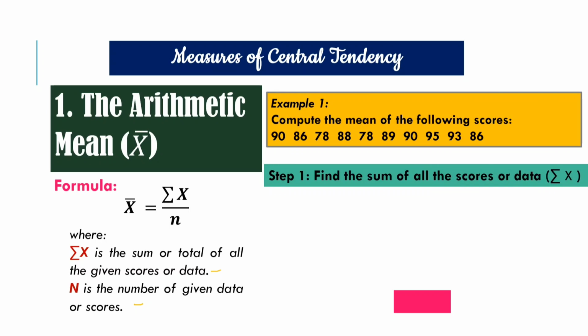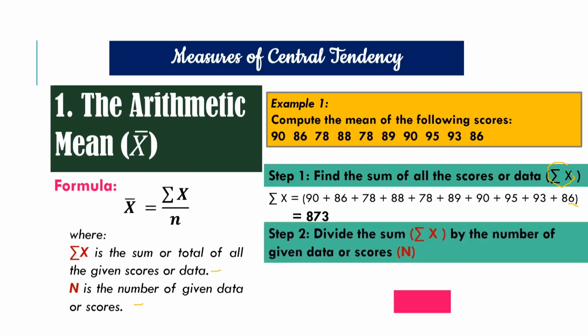So the first step is for us to find the sum of all the scores or data, or the symbol, the summation of x. To do that, we simply add each of the scores. So we have 90 plus 86 and so on until the last score, which is 86. When we add all of those, the total is